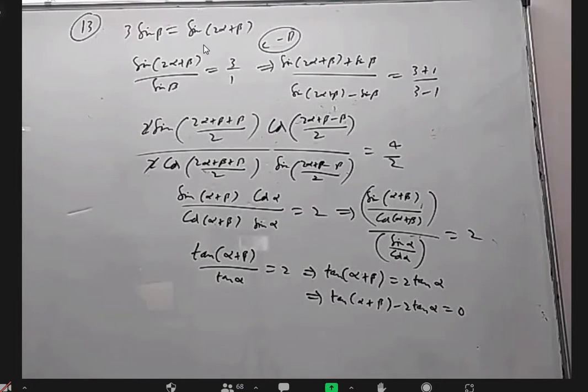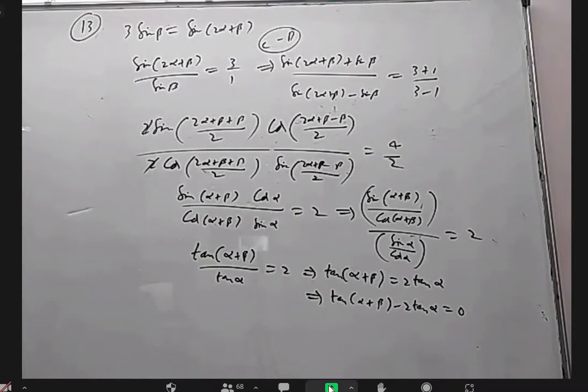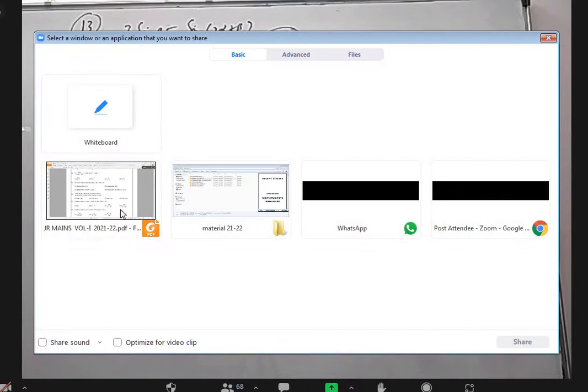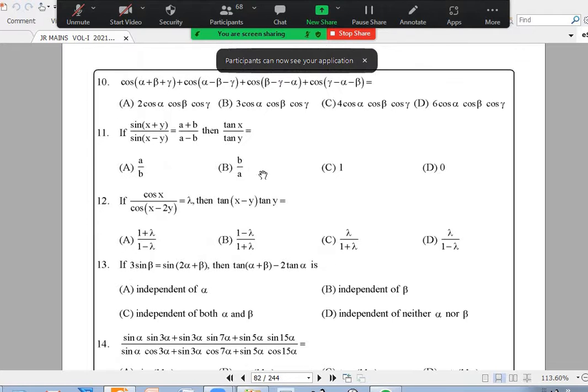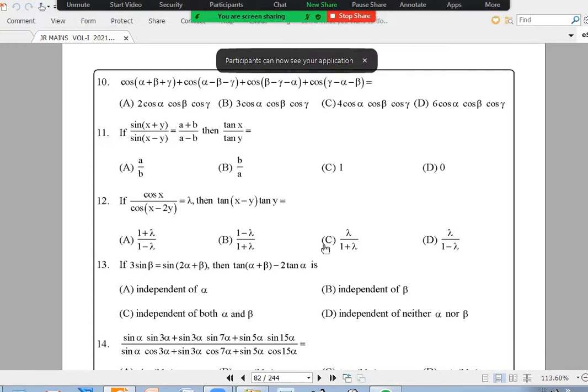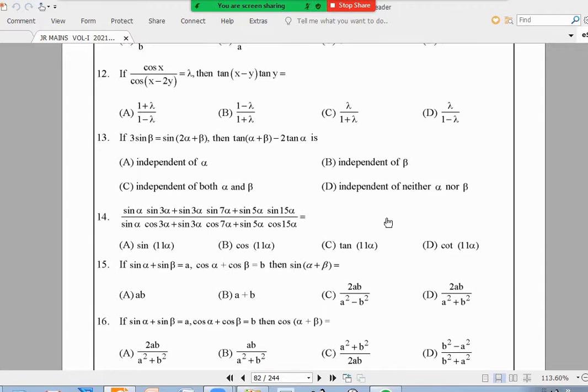Okay, so here directly we don't have any indication that you have to apply componendo dividendo or transformation, but you have to understand the original angles are beta and 2 alpha plus beta, and the final angles they are dealing with are their sum by 2 or their difference by 2. So that should help us to get an idea to apply componendo dividendo and then apply transformations. Actually all these questions are like that. 11, 12, 13, all are similar questions. 11 in one class I have not done, I'll do later.